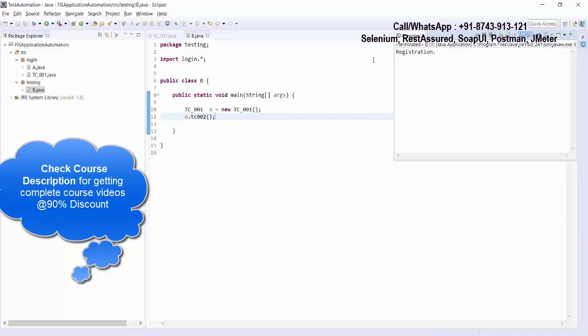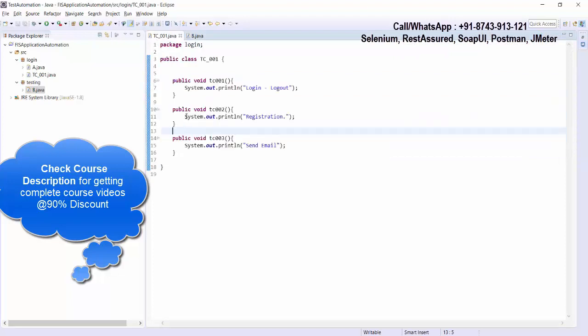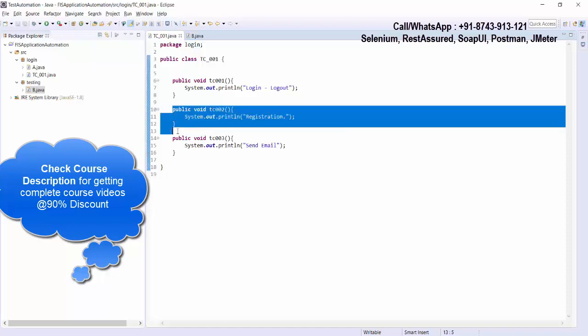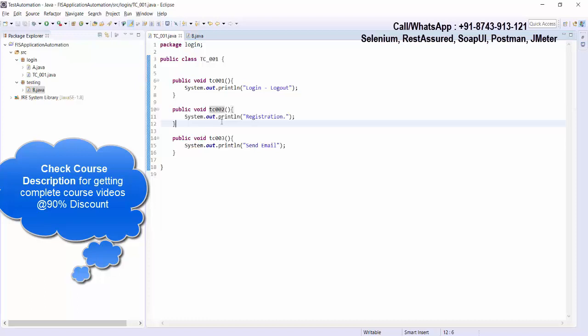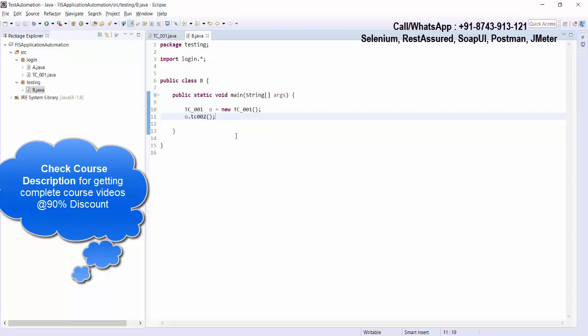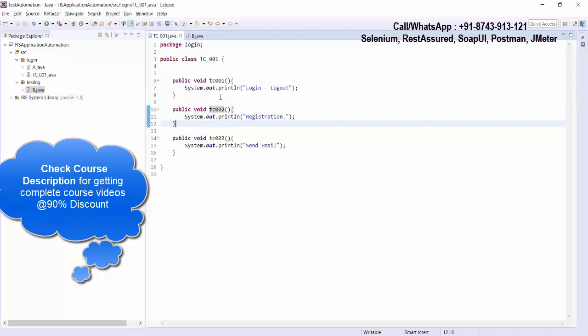Okay, why fail? Because in test case 2, you have written the code of registration functionality. But before running the registration functionality, your browser should be started. Put the URL, means a prerequisite will be done. Only after that this code will execute. And as of now you have written the code of the particular test case only. You did not write the code to start the browser, to enter the URL. So that's a prerequisite which you did not write. And as I call, it failed. So I ask you to correct it.